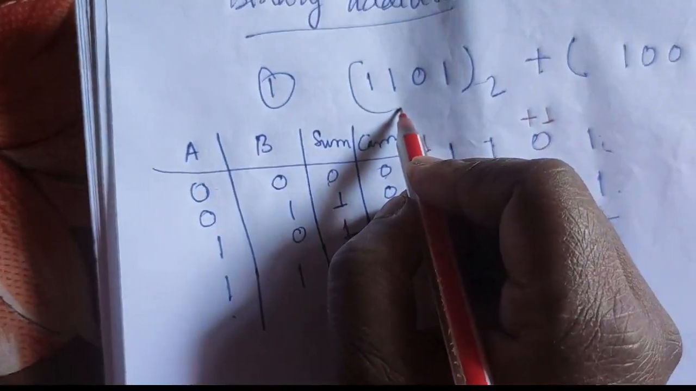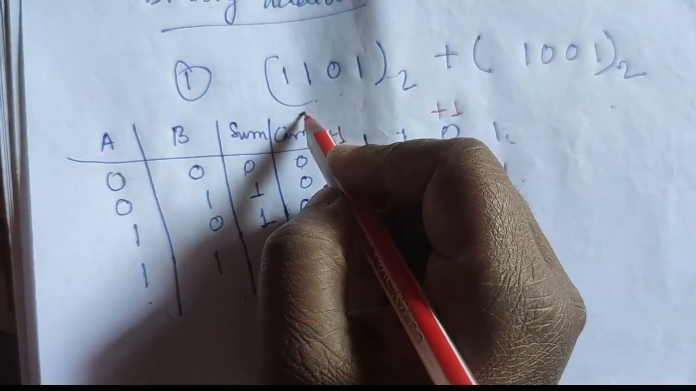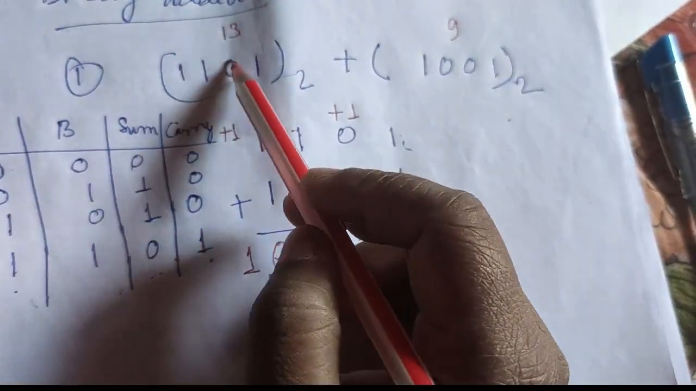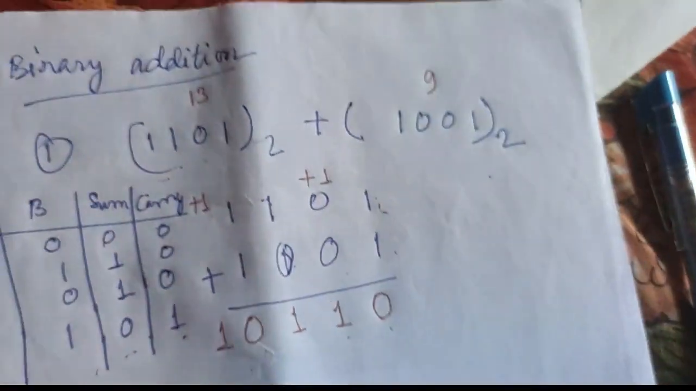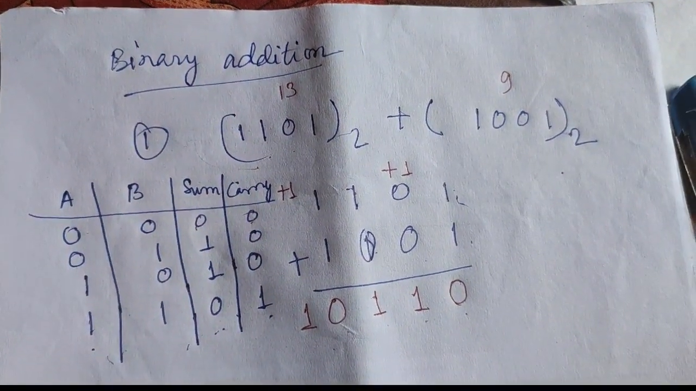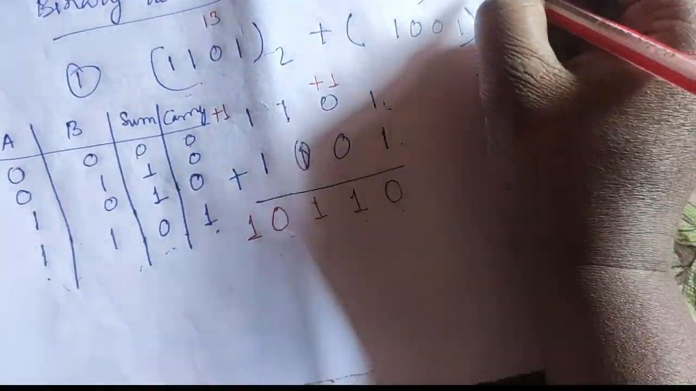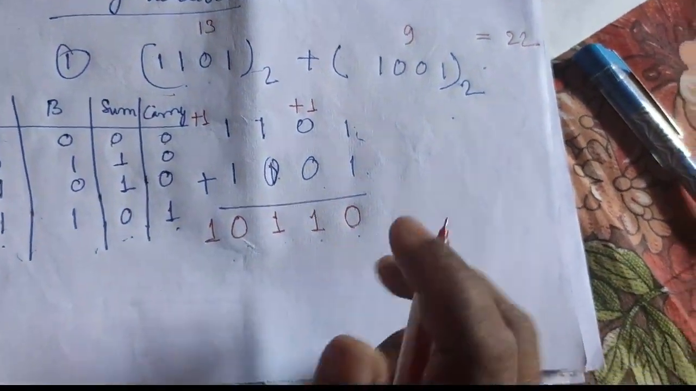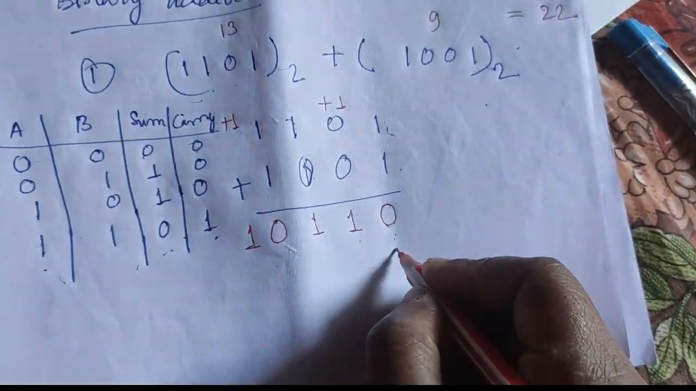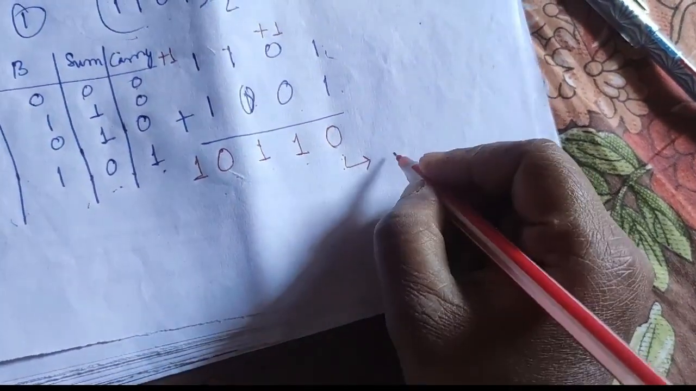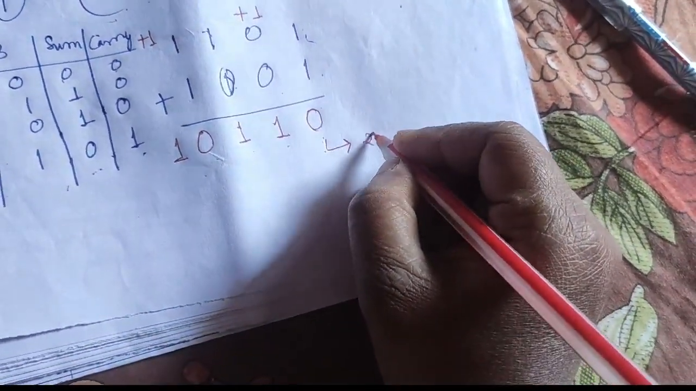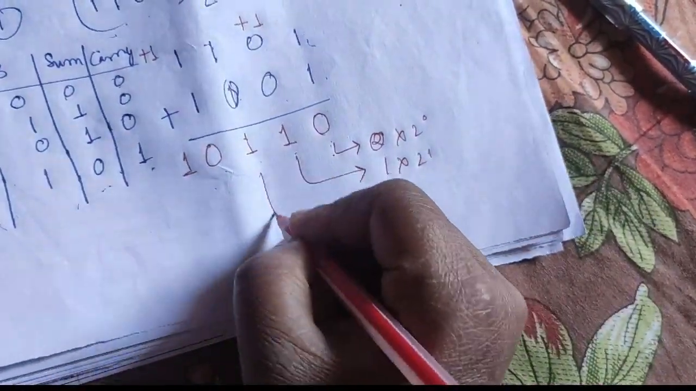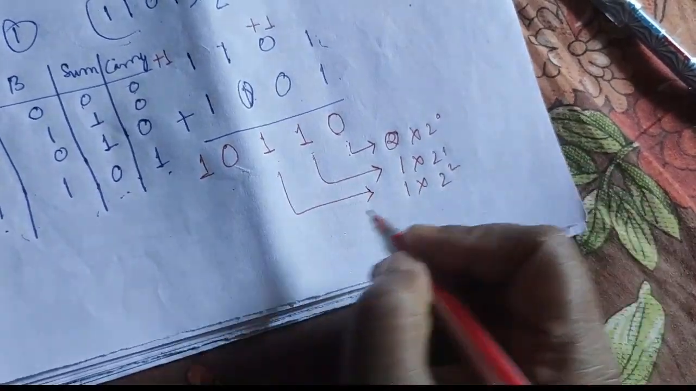See this number. This number in decimal form is 13 and this number in decimal form is 9. So 13 plus 9 equals how much? Equals 22. Now let's see if this number is 22 or not. We will solve this again in that process: 0 into 2 to the power 0, 1 into 2 to the power 1, 1 into 2 to the power 2,